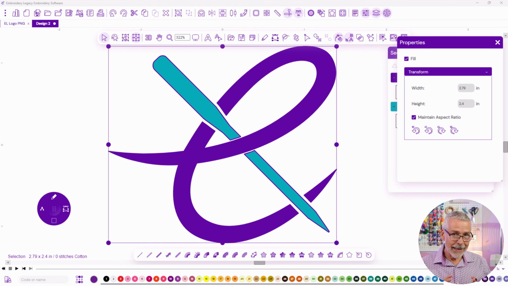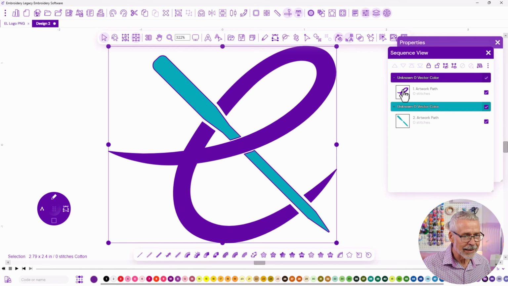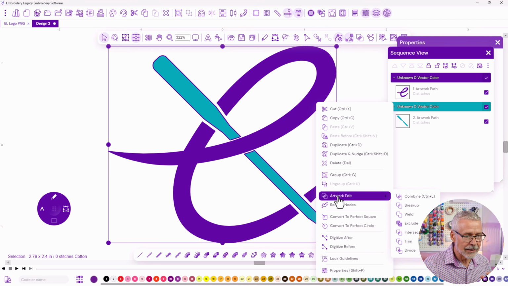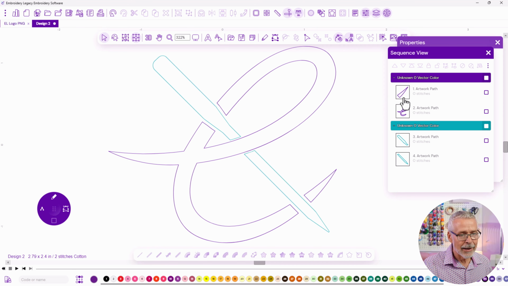Now before we run that design, we have one more to do, and this is going to be quick because it is an SVG file. It's a vector file format, which means it's already objects that are drawn. We don't have to use our brushes to actually create any of the objects. Now I've resized this to the same size as we had before, so it is 2.4 inches, and if I do select this and I right click on the entire piece of artwork, I can tell it to break it apart, so it's broken apart into individual pieces,